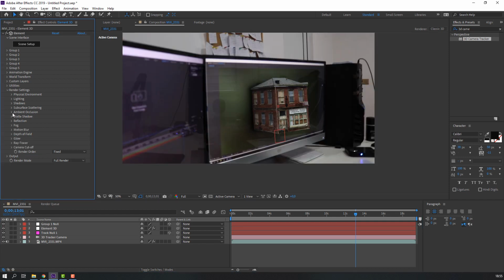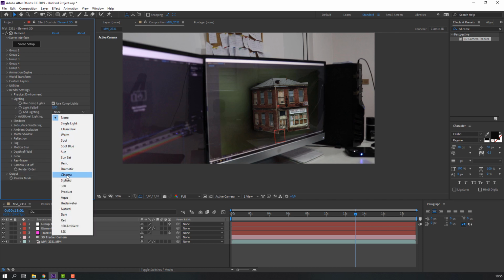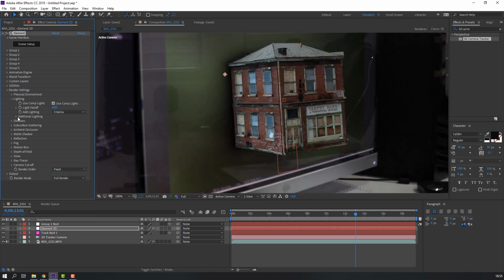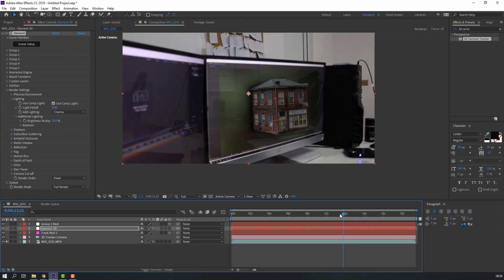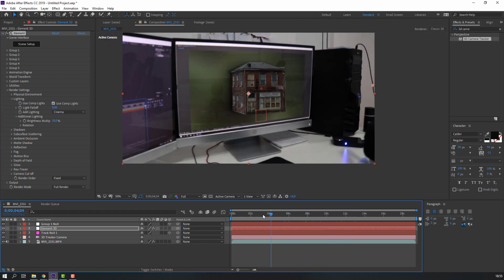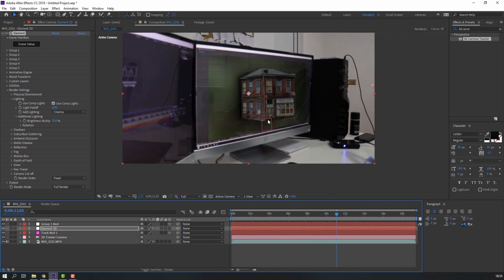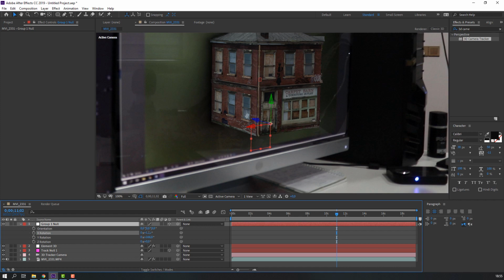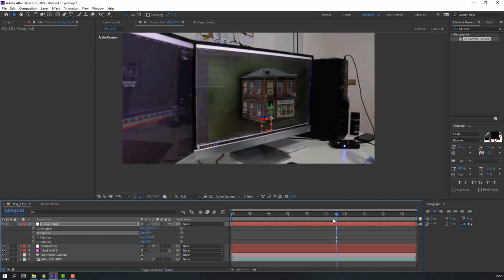Yes, let's close ambient occlusion and open lighting, change add lighting to cinema. This is cinematic light. Yes, and open this, we can change light. Yes, nice. Let's change some rotation like this. Okay,